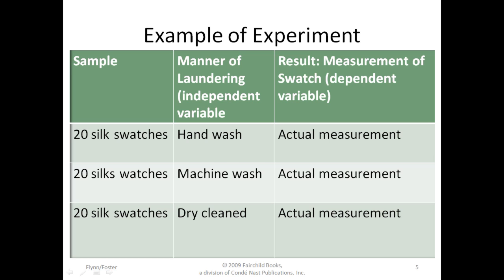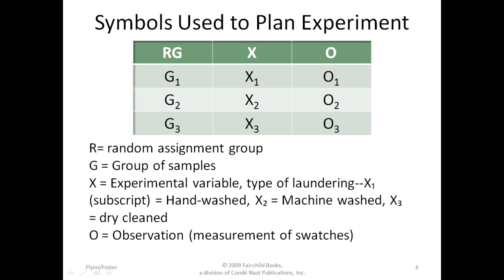And some other dependent variables that could be analyzed are the changes in coloration from the laundering or from the sunlight. You could also look at pilling, stretching, and other changes in the fabric swatches. And the next slide just kind of shows you if you're looking at a true research article, when they will